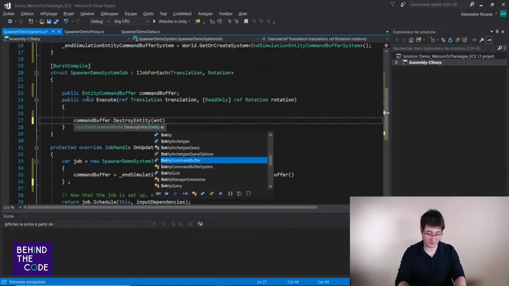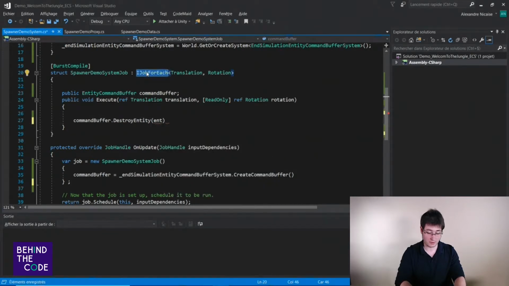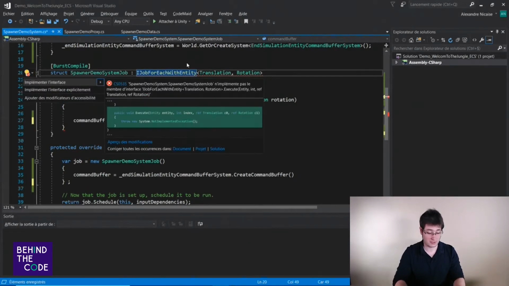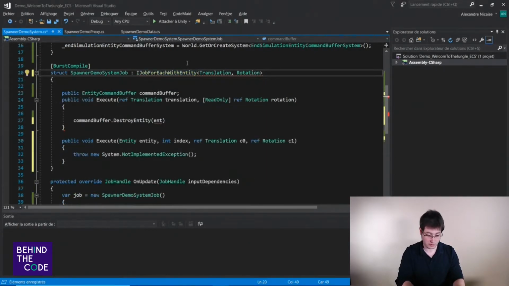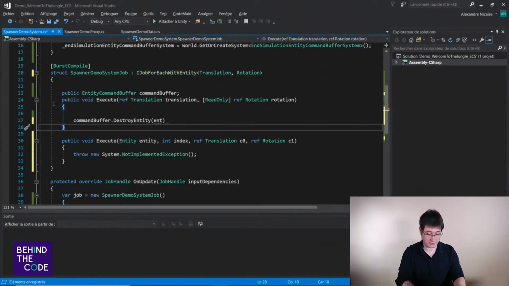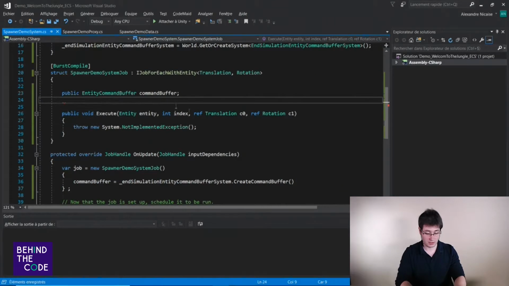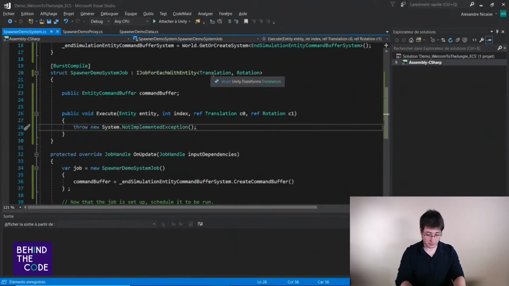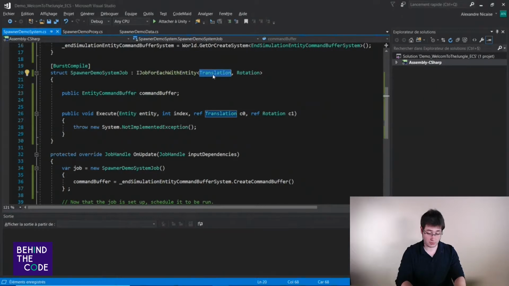but you can't access the entity because the spawner demo system uses the interface for each job. If you want to use the entity, you need to use for each with entity, like this. It's wrong because it's not the good interface which is implemented. So you can correct it like that. But I don't want the translation and the rotation.